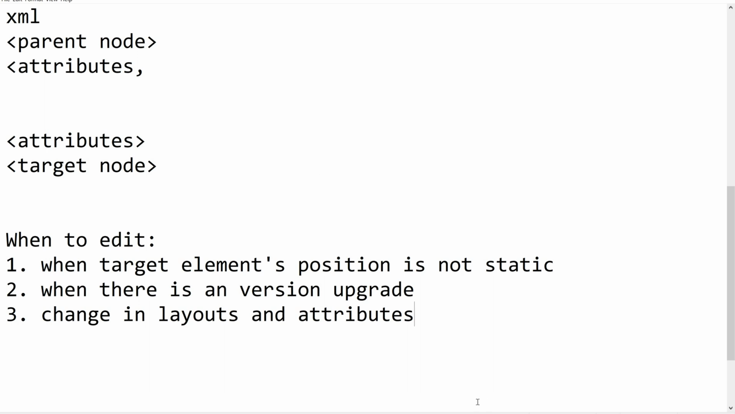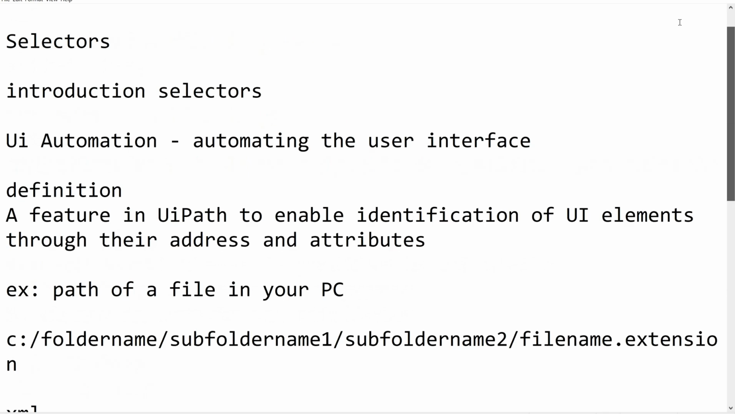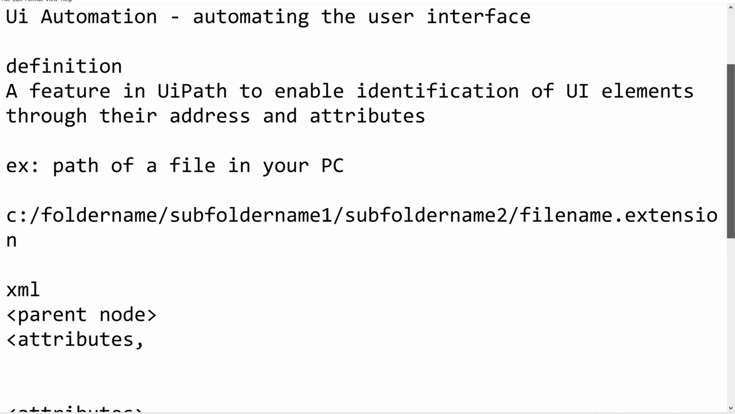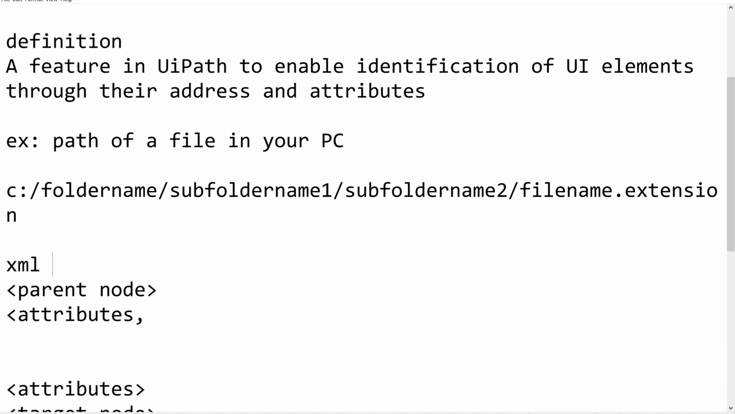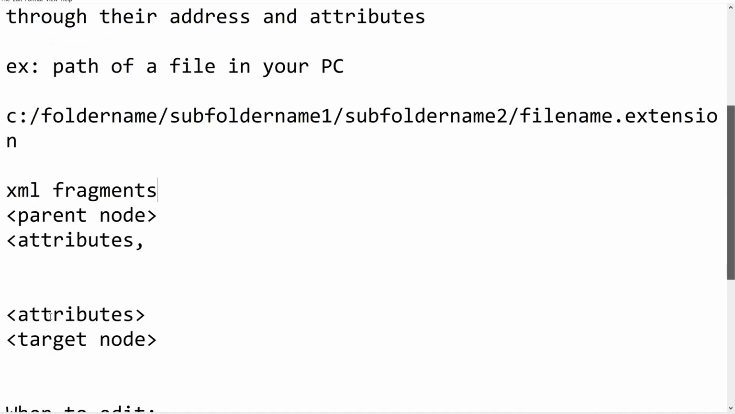Okay, so let us recap what we have seen so far. We understood that selectors is a feature in UiPath to enable identification of UI elements through their address and attributes. Now the selectors will be in XML fragments. Say for example, this looks like an XML. It will be like attribute 1 equals attribute value,